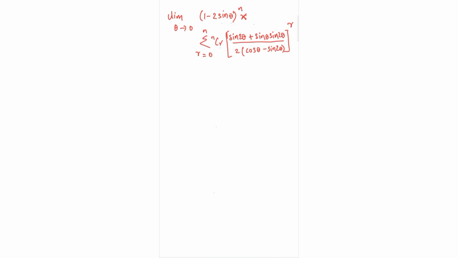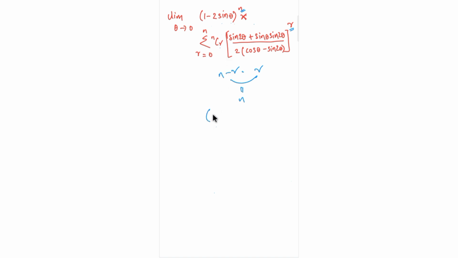So how do we tackle this? The first thing you need to observe is the manipulation technique you need to get into your mind after seeing these terms. We have n here, we have r here. If there is an n power term, we can convert it into an n minus r form, and we have the r form in the numerator. When you add both you get n. Here n is the total power of the binomial expansion, so we need to transform into those terms.